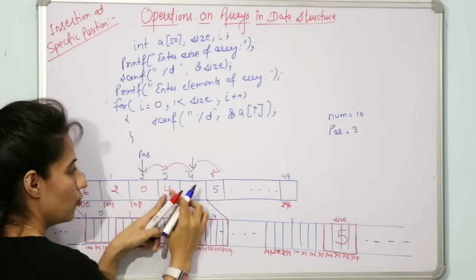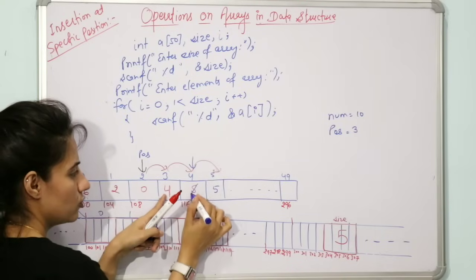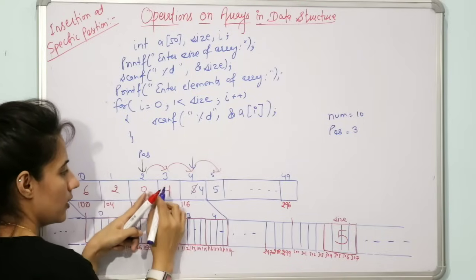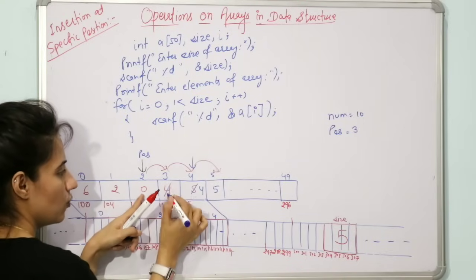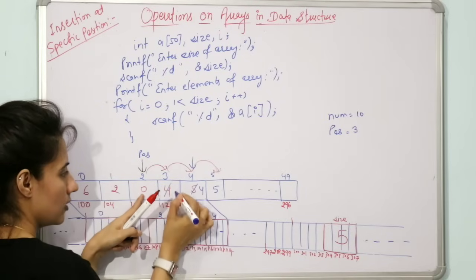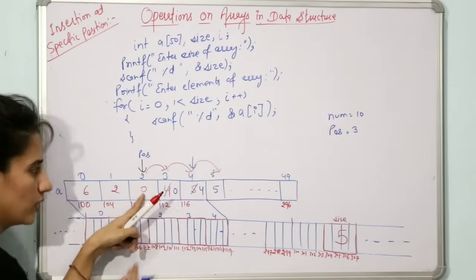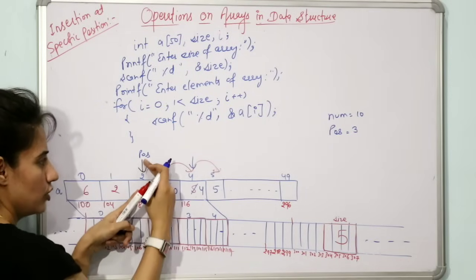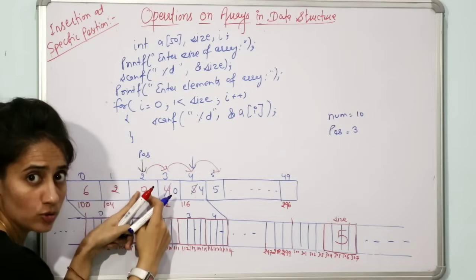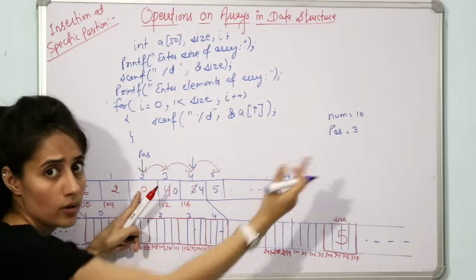Now this 4 would be shifted here. So in the place of this 5 you will write 4. Now 0 would be shifted in the place of 4 because 4 would be lost and 0 is there. Now here also we have 0. Till the position where you want to insert, you are going to shift to the right, and